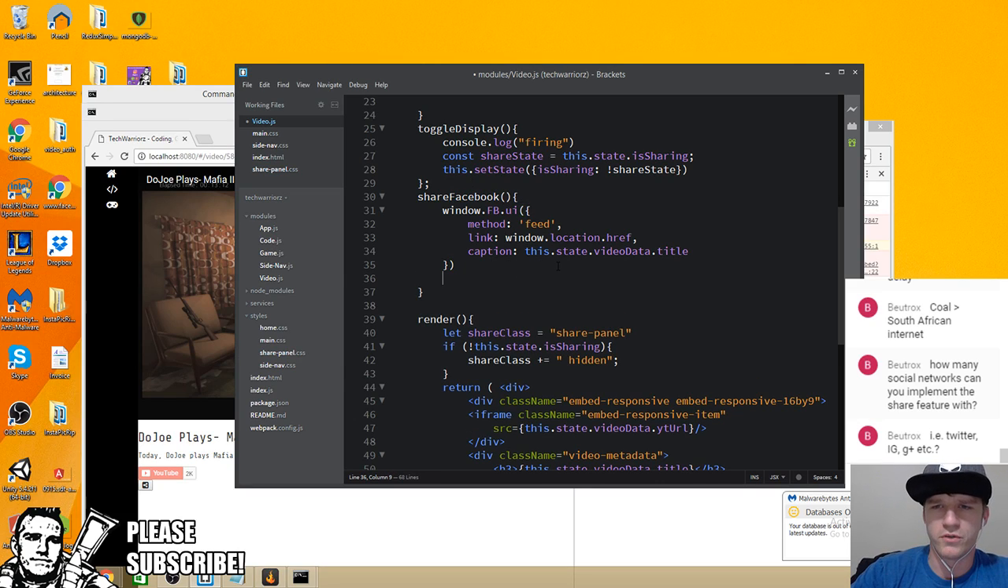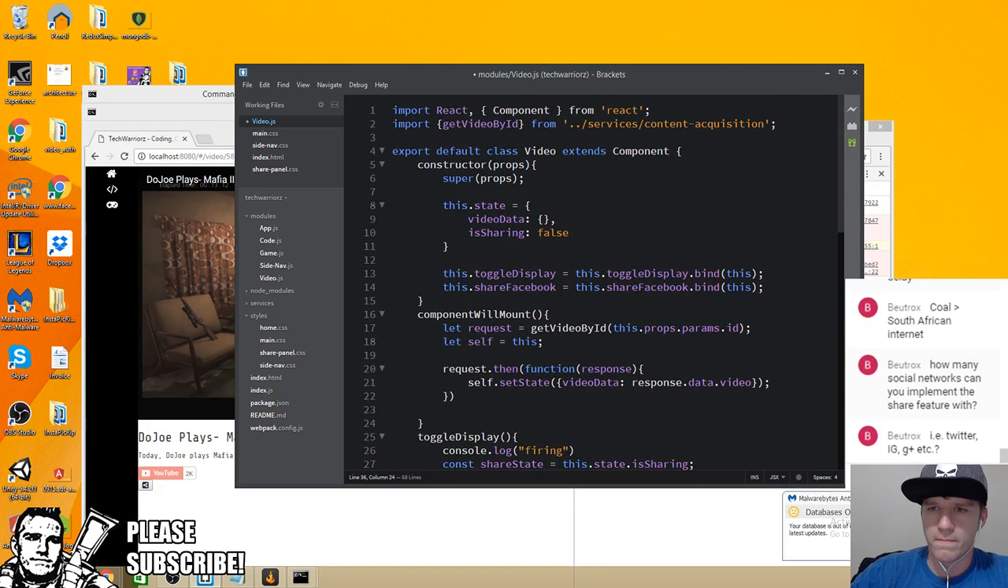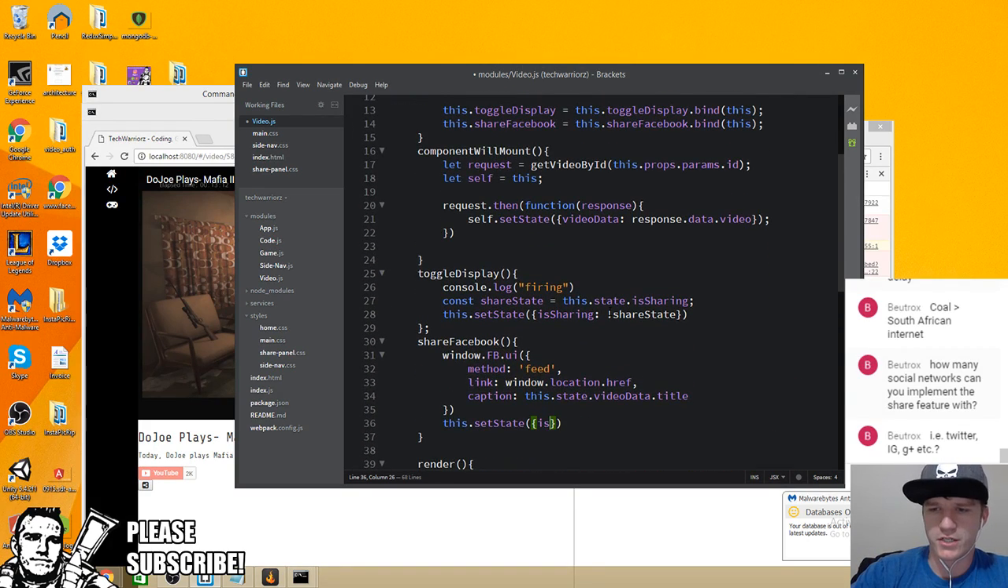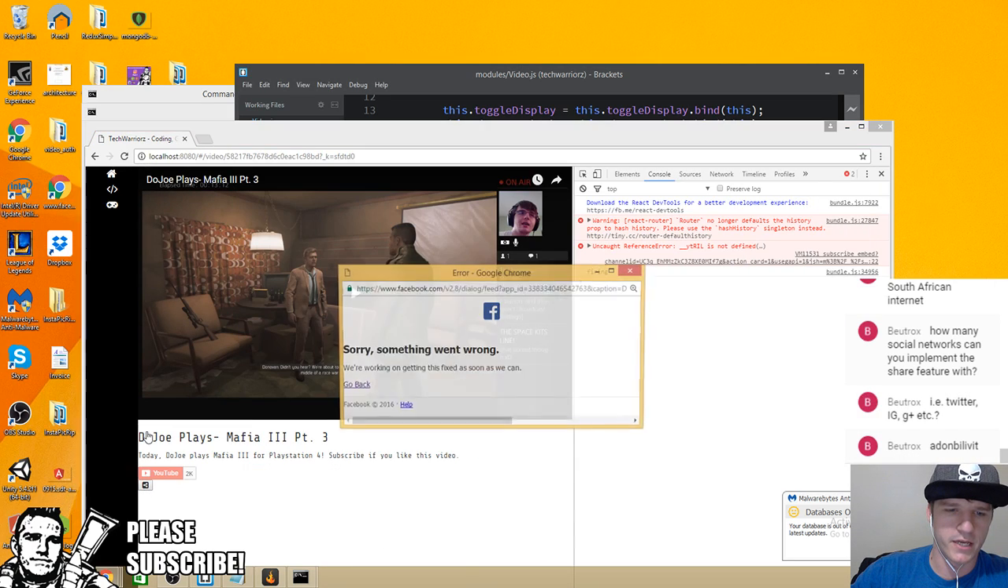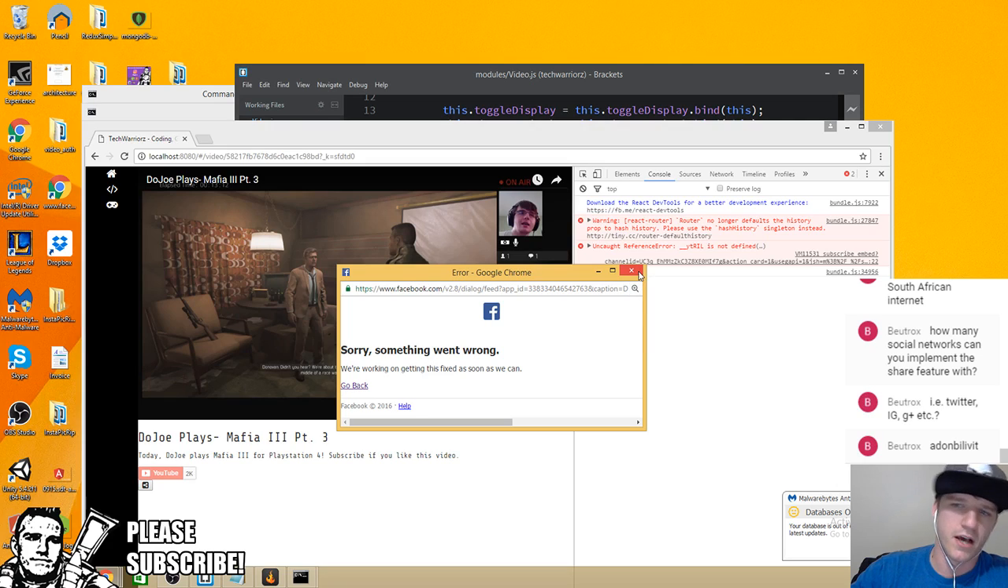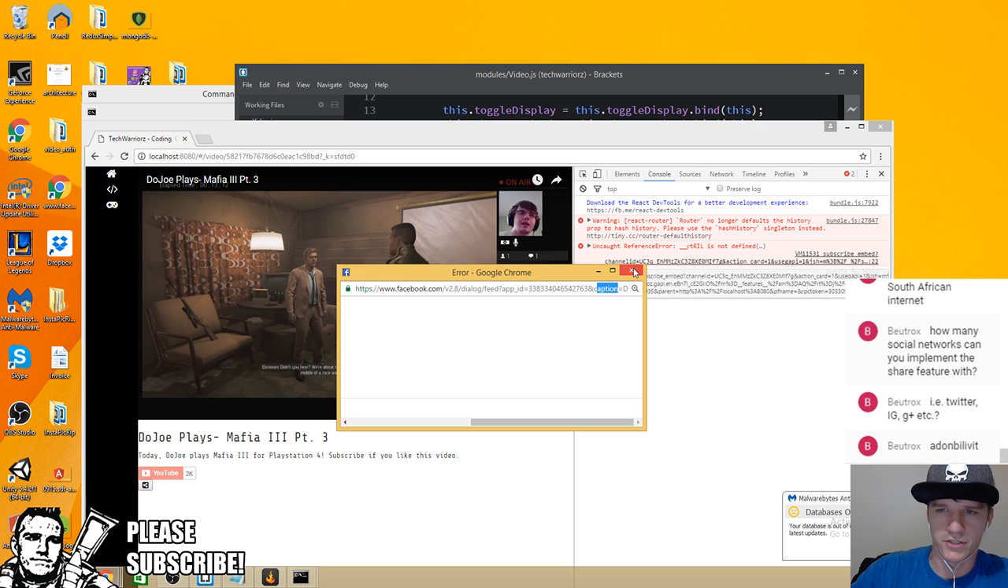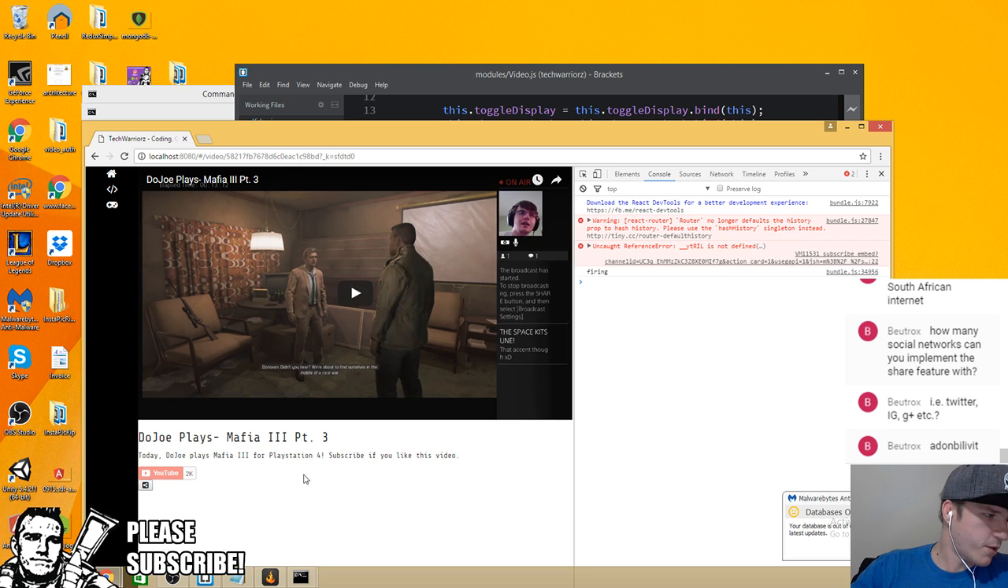What I want to do is just do a this.setState, and I'm gonna set that to isSharing, and I want to set that to false. So basically when a user hits the share button, it just takes them out of there. So I click here, they hit share, okay, they'll share it. Obviously something's going wrong here, but that should be fine. Cool. So now that we have that,